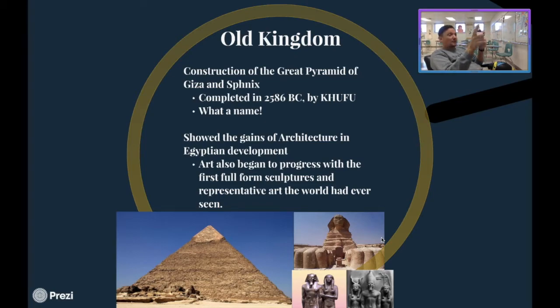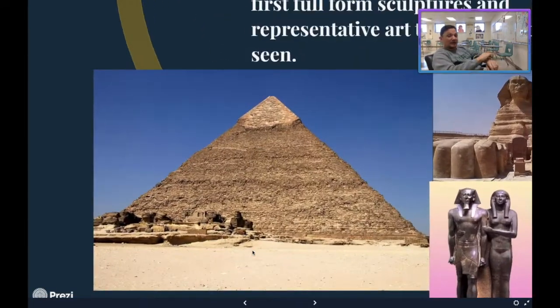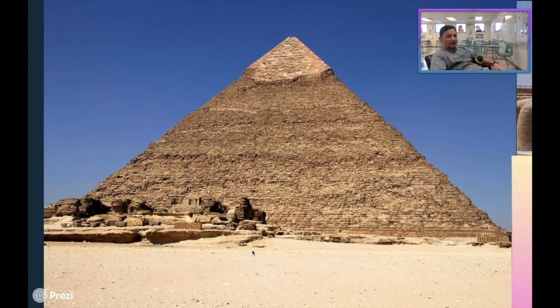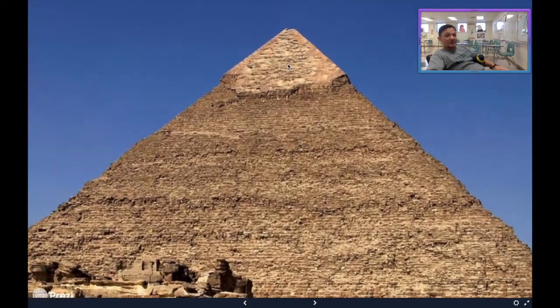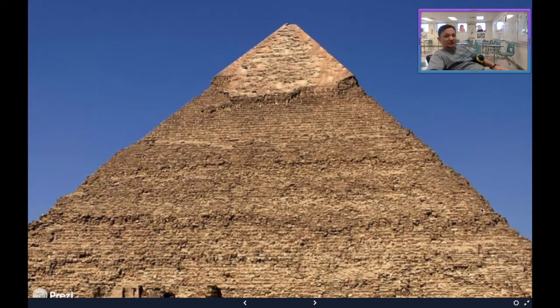Anyway, going into the Old Kingdom period even further, you also saw the construction of the Great Pyramids of Giza and the Sphinx, right? The Great Pyramids of Giza are the three massive pyramids flanked in front by three smaller pyramids that everybody knows very well. Here's a picture of the main largest pyramid in Giza. As you can see, over time it is not looking the way it's supposed to look anymore.